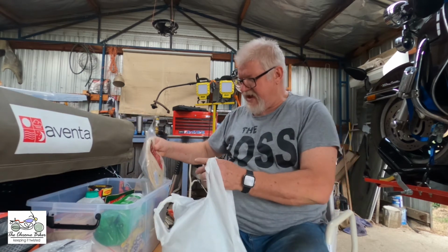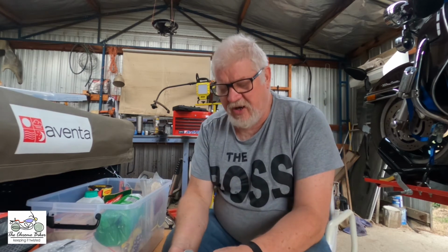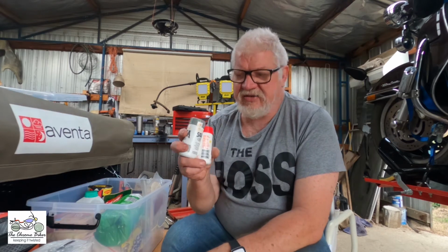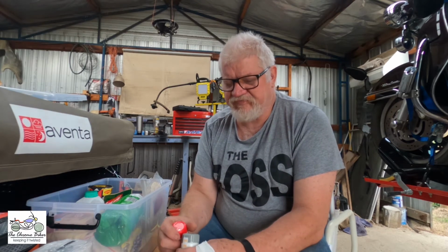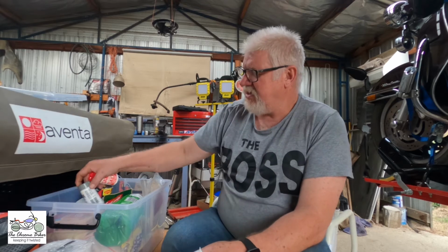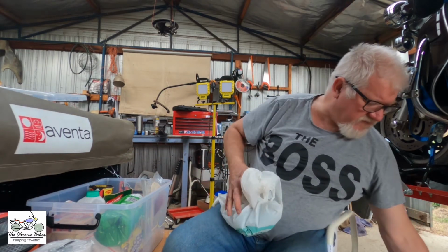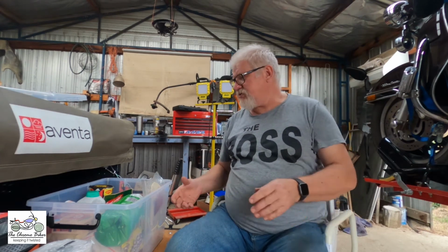When we're out and about, depending on where we are, I can do a meat shop for the day, and I might do some cooking and see how we go. And the all important salt and pepper. I might get a couple of cloves of garlic as it gets later in the week, but we'll see how we go. And apart from that, for my food, oh, and I've also got